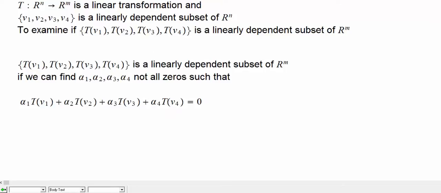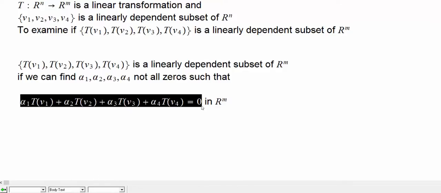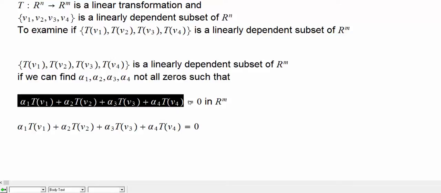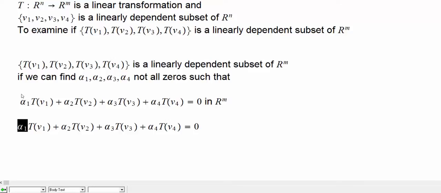So let's just write that in Rm. This is what we have to check. If this check is satisfied, then these are linearly dependent. If not, then we have to check something else. So notice this is a linear transformation. So what has to happen is that this will be the image of who? Alpha T of